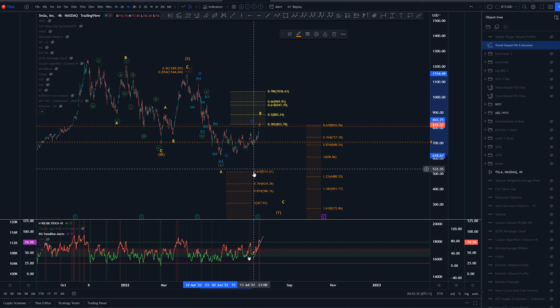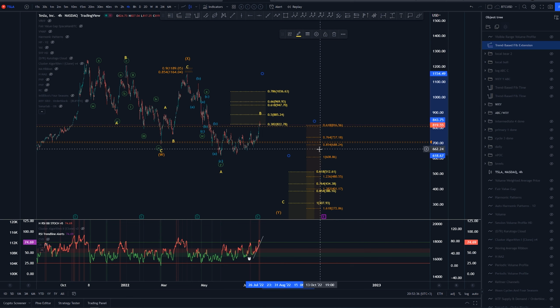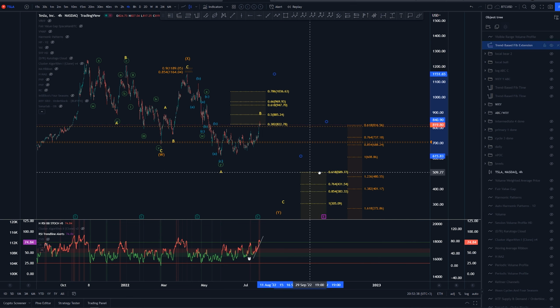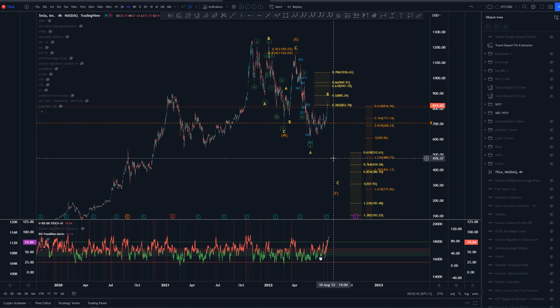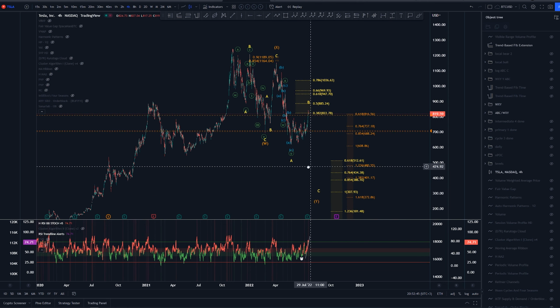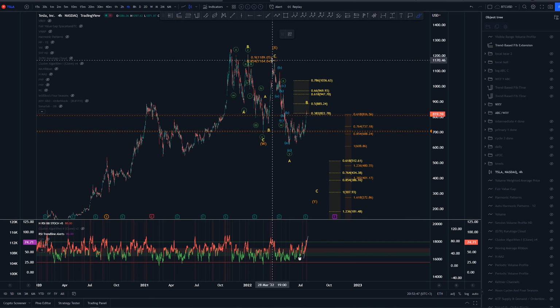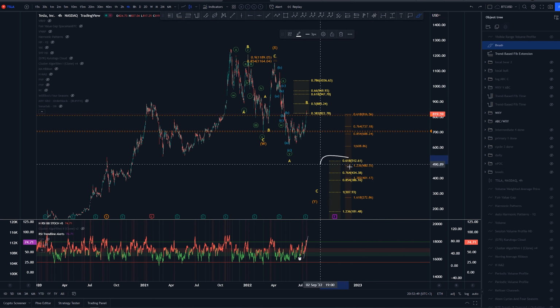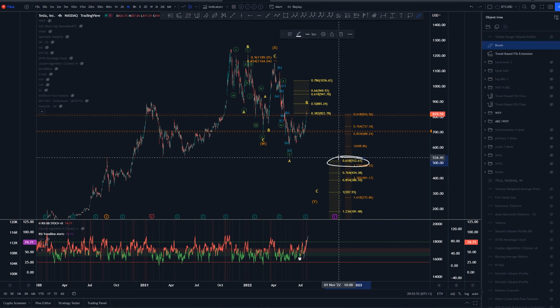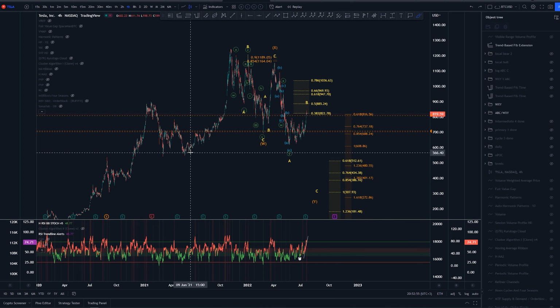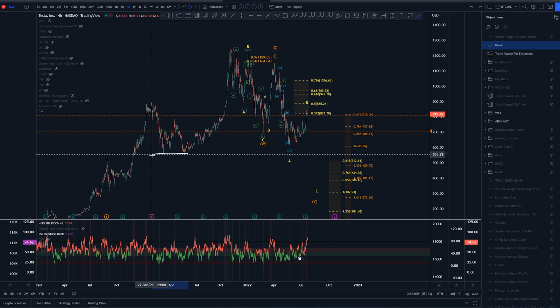Again, if we are pivoting now, the one-to-one extension would be around $300 for Tesla. That would be very low. I would not be expecting that low of an extension. However, if we are looking at this as an AB, we would be looking at the minimum extension of 0.618 as the minimum target. If we are going to be taking out these lows of around 540, this double bottom here,